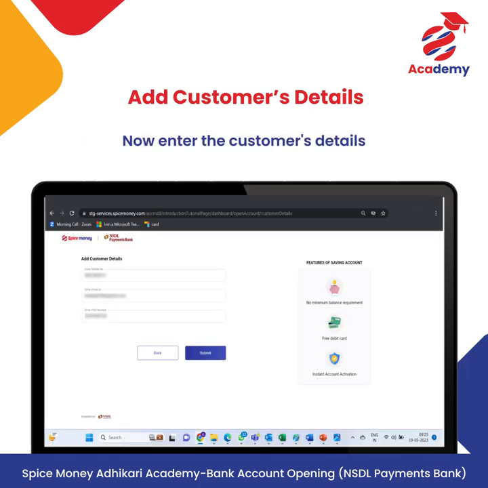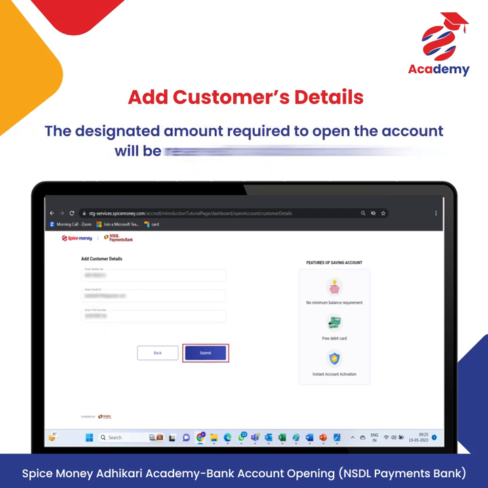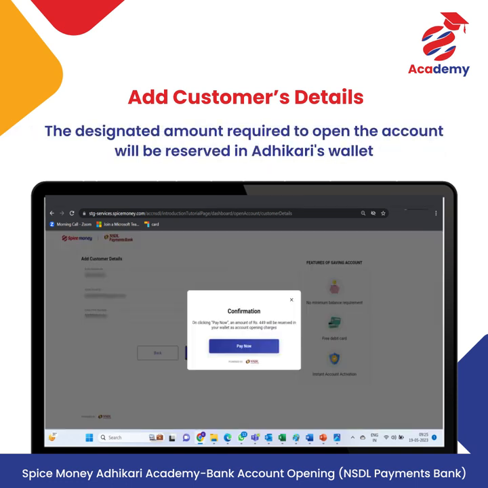Now enter the customer's details. Enter the customer's mobile number, their email address and their PAN card number. Please note to enter the PAN card number in capital letters. Click on Submit. Please note that the designated amount required to open the account will be reserved in the Adhikari's